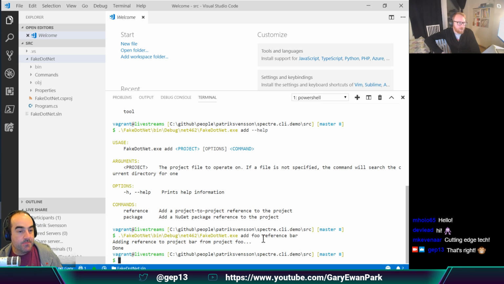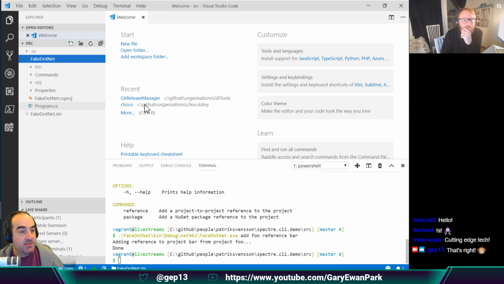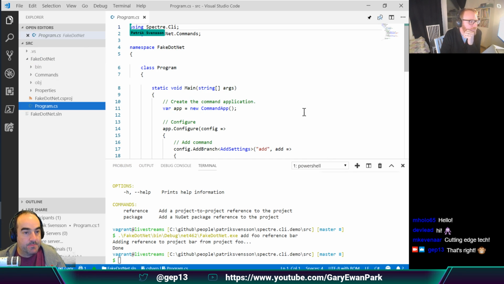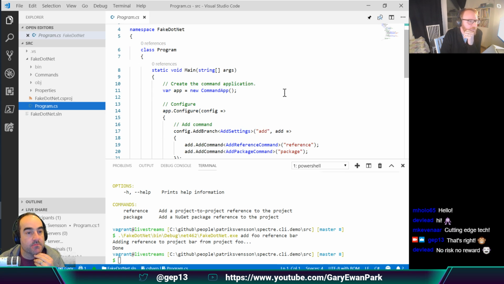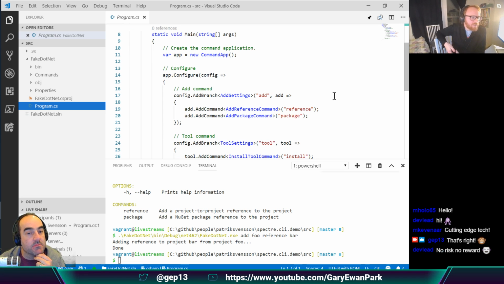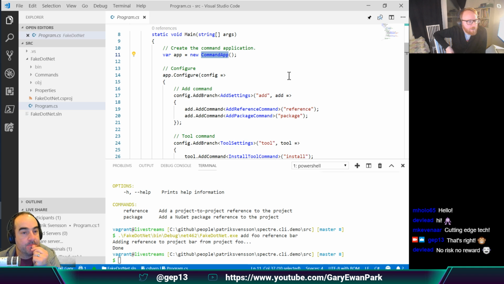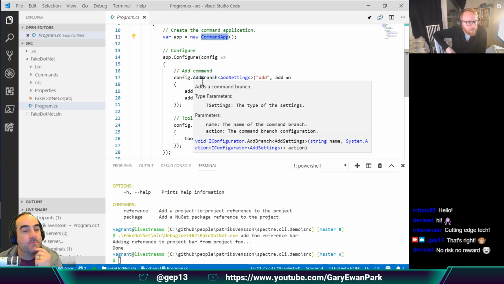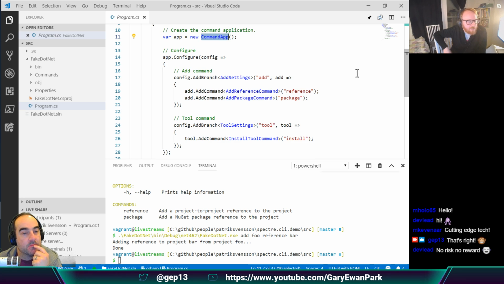But if we go to the source code, just in program.cs? Yeah, program.cs is a perfect place to start. As you can see, we're configuring the command application by adding branches and commands. And the nice thing about this is that it's enforced by the type system. So the add reference command, if you go to that class, for example,